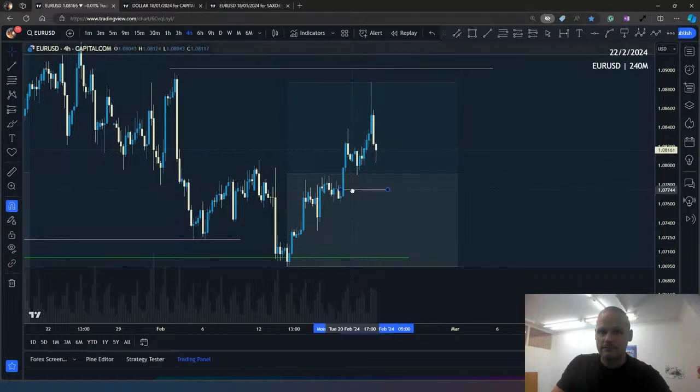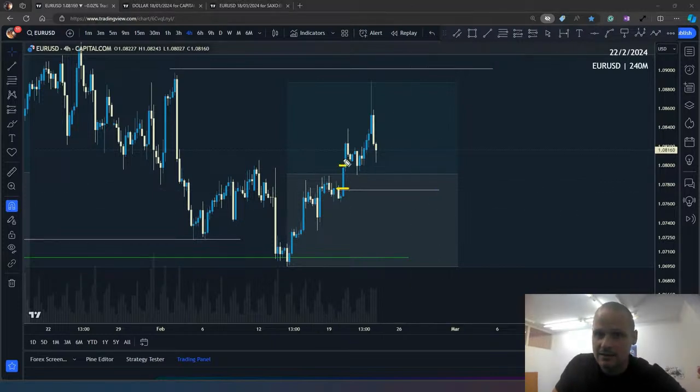And also, look at it. This level looks much better. Why? Because again, we have these gaps, right? Because the gaps, who did the gaps? Institutions, right? The big players, they can do that. Only they are the entity who makes such a move, right? So that's a footprint which they leave, right?